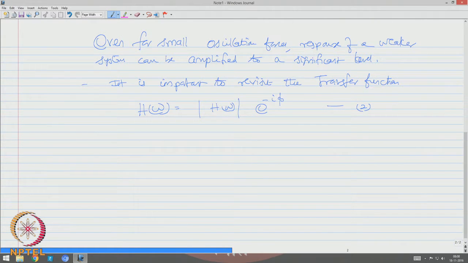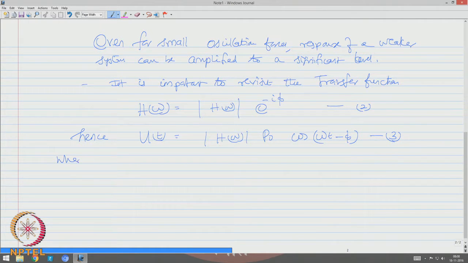There is a specific reason why we are using e to the power i phi. I will explain that once we continue with the derivation. In this case, the response of the system in time domain can now be written as P 0 cos (omega t minus phi),